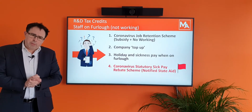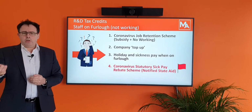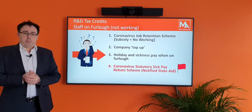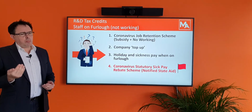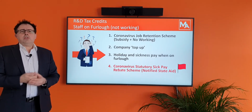Now, the other thing to remember is that the coronavirus job retention scheme means the person's not working. So not only do you have to deduct the job retention scheme receipts, the payments, you have to also deduct the company top-up. Now, it gets a bit more complex when you talk about holiday and sickness pay, because generally